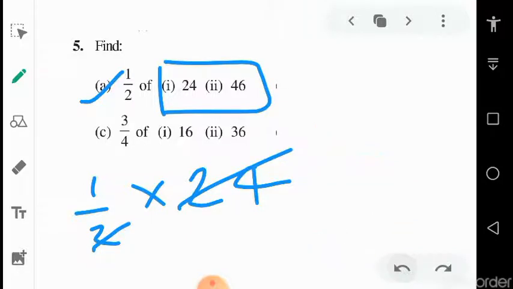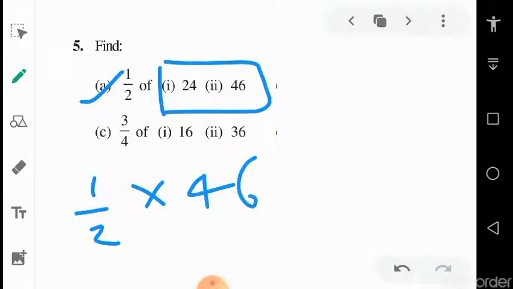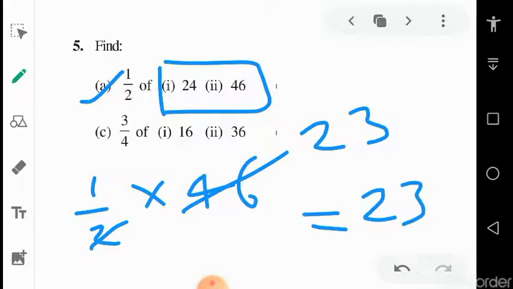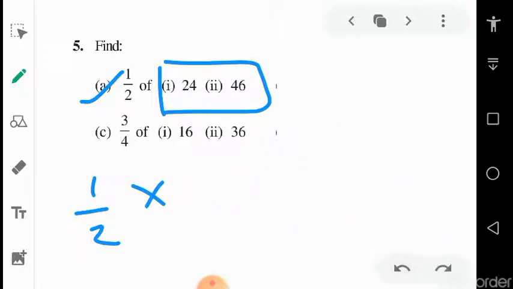Now what about the second? It is 46. So half of 46 means half into 46, and half means just without any calculation you can do it mentally. Okay, so just make half. Obviously half of 46 is 23, so you can write 23. It means half of 46 is just 23. Actually calculating half of any number is much easier than other fractions, for example 2/5 or 2/3. Doing half is much easier.